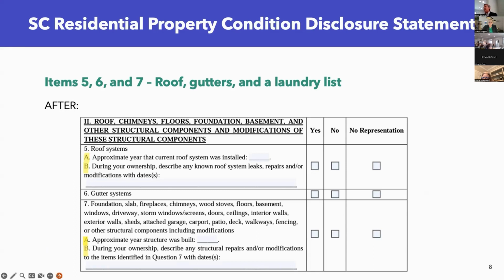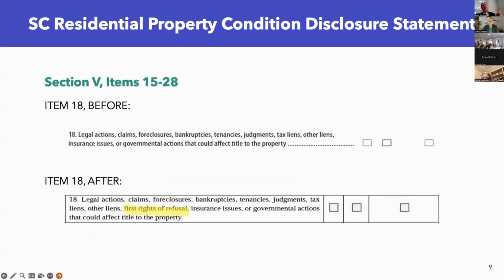Okay, look again at 7. Now, how many things do we have to represent and answer about that we didn't have to answer about before? And again, this goes into place June 1st. There is much more to be answered now than there once was. Okay? We will keep forging on ahead because we could spend all kinds of time. Items 15 to 28 are necessarily new because on the old form, there weren't 28